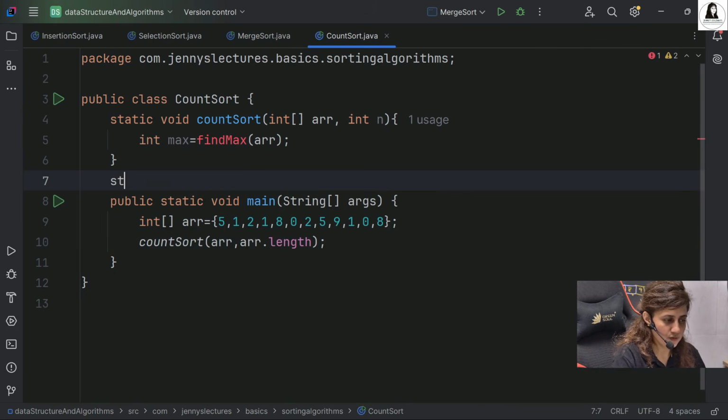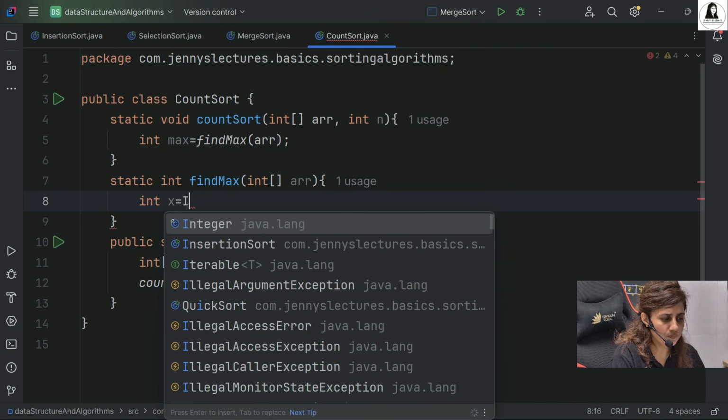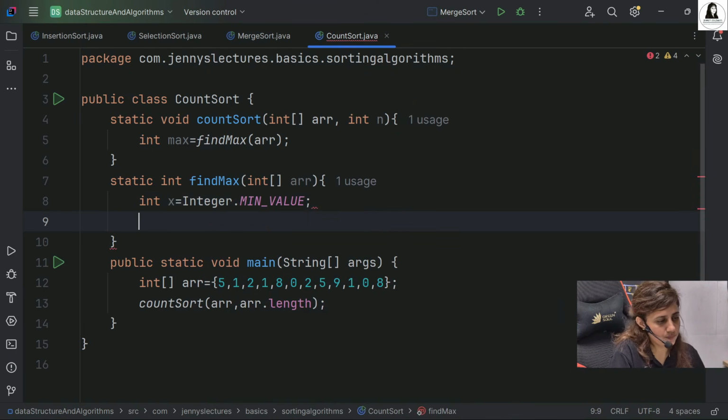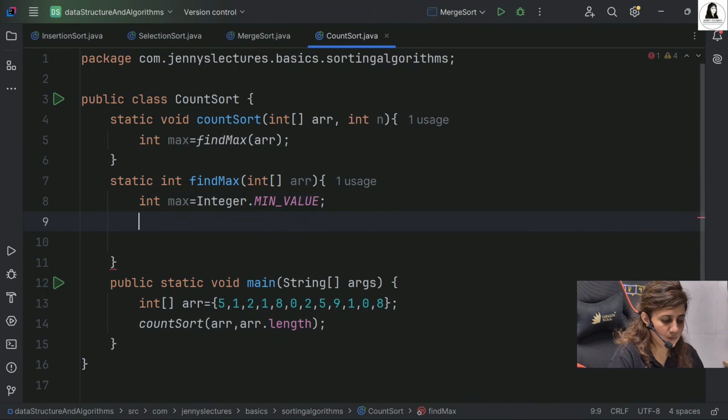Let's define the method first here. Static, and this will return the max value. So return type is int find max, int array. At first, I'll take a variable max, or any variable name like x, is equal to integer dot min value.